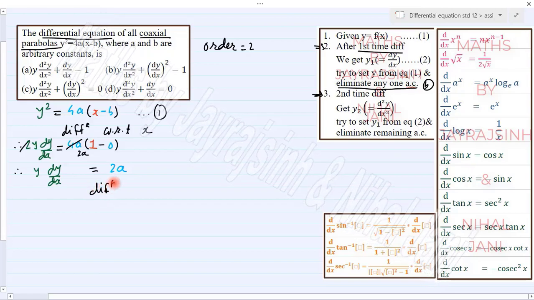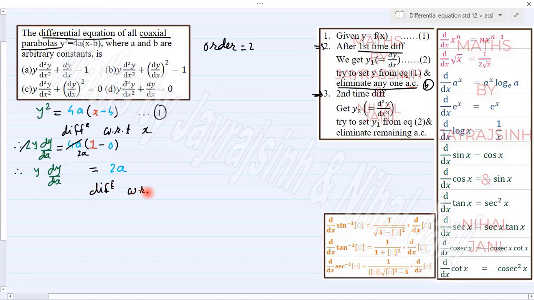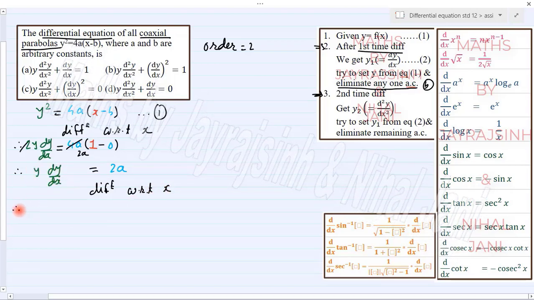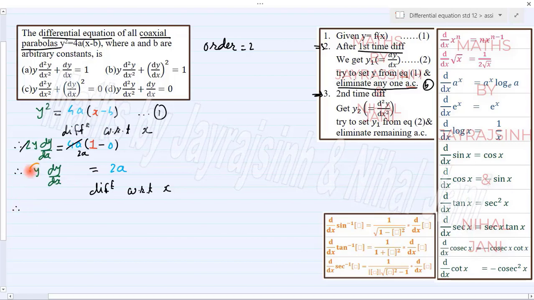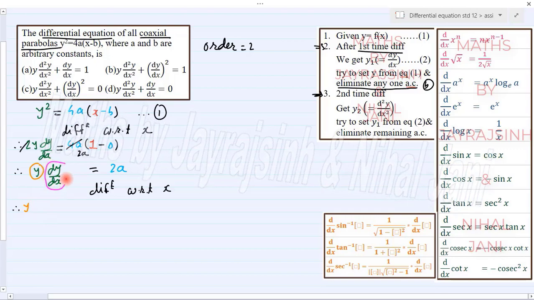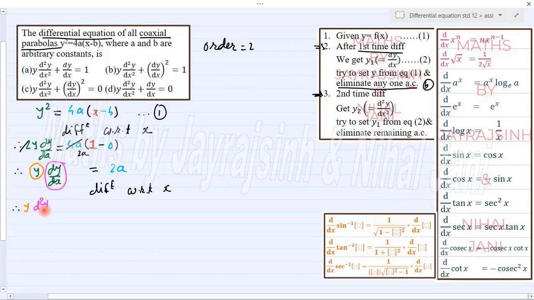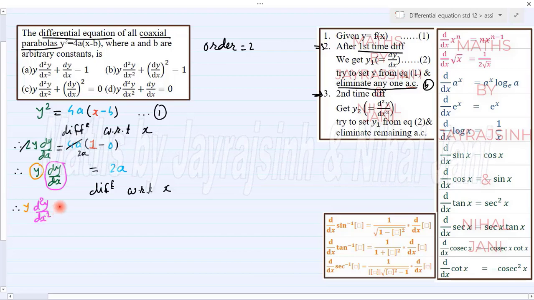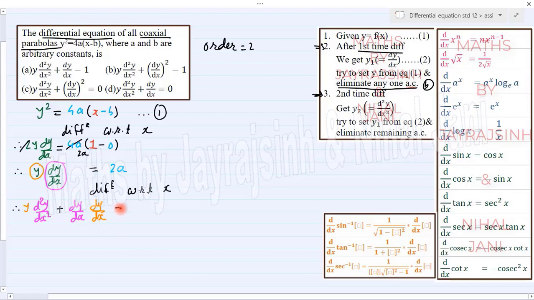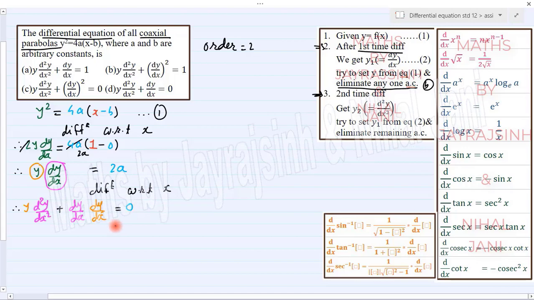Let's move to the third step, in which we have to differentiate our equation with respect to x. On left hand side, we have to apply multiplication rule. In first step, your y will be as it is, and differentiation of dy by dx is d square y by dx square, plus in second step dy by dx will be as it is, and differentiation of y will be dy by dx. And on right hand side, your 2a is a purely constant term, so its differentiation will